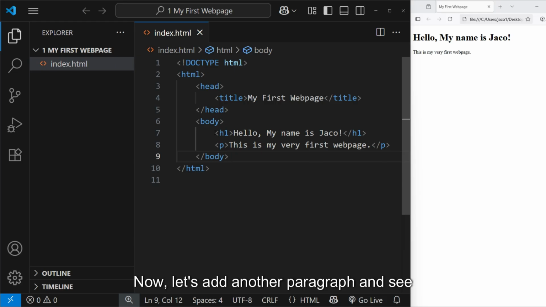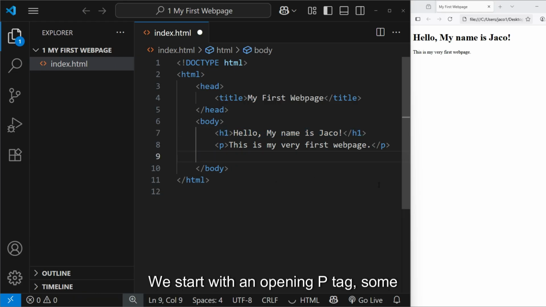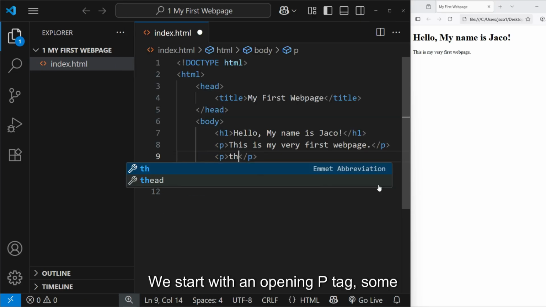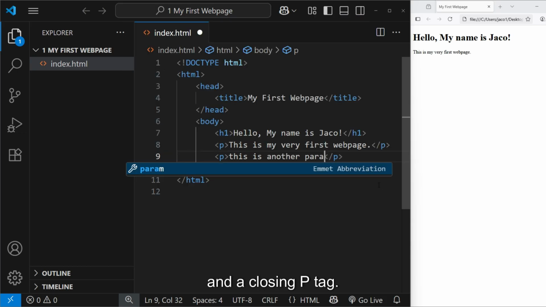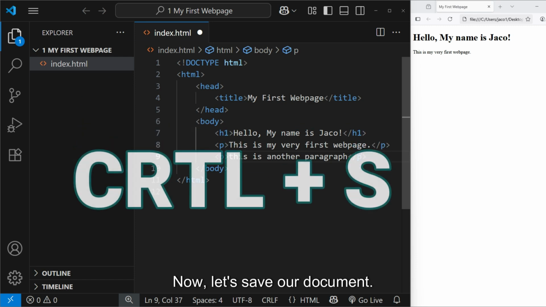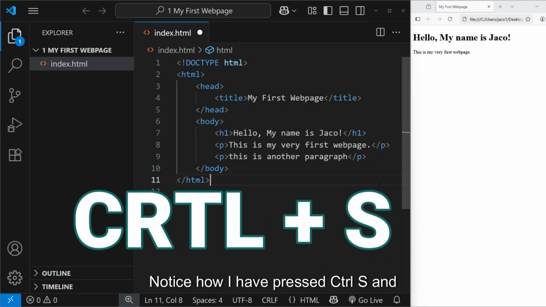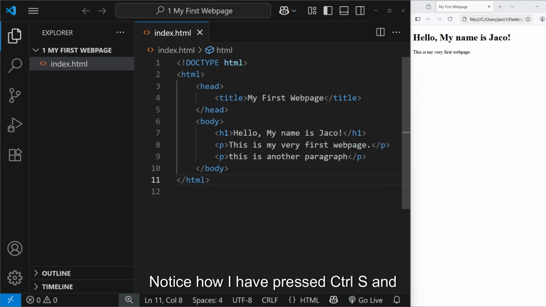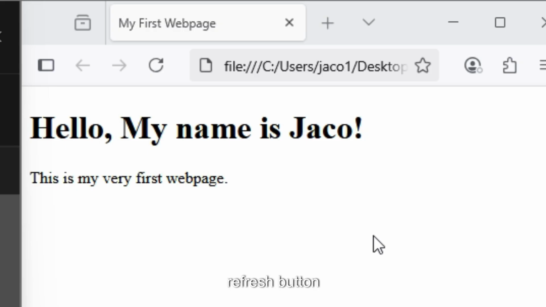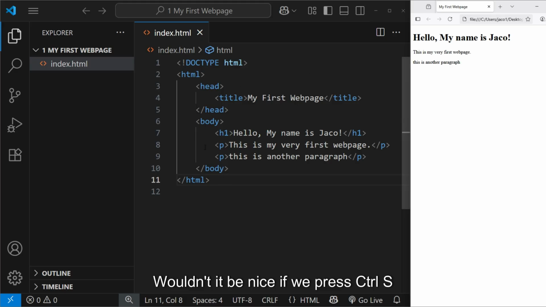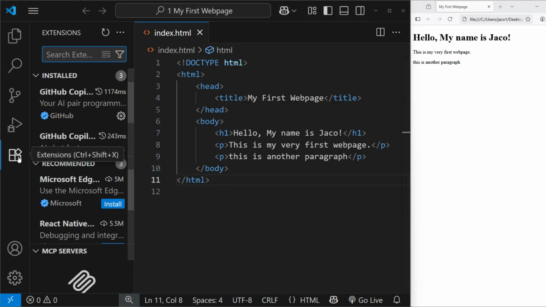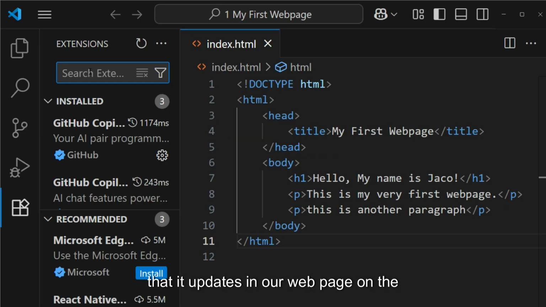Now let's add another paragraph and see this in action. We start with an opening p tag, some content. In this case this is another paragraph, and a closing p tag. Now let's save our document. Notice how I have pressed Ctrl S and nothing's happening. This is because we need to click on the refresh button in order to update our web page to see our results. Wouldn't it be nice if we press Ctrl S that it updates in our web page on the